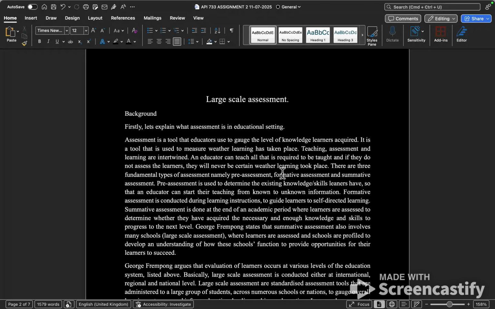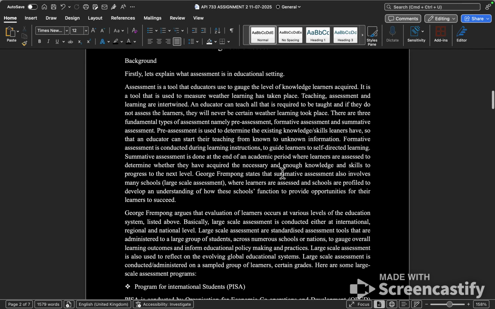term assessment. The term assessment means, or assessment is a tool that educators used to gauge the level of knowledge learners acquired within a certain period, or a prescribed period, or a predetermined period. Assessment is used to measure whether